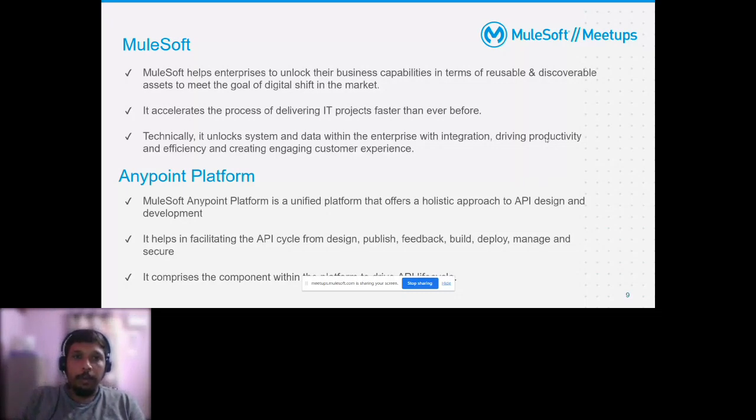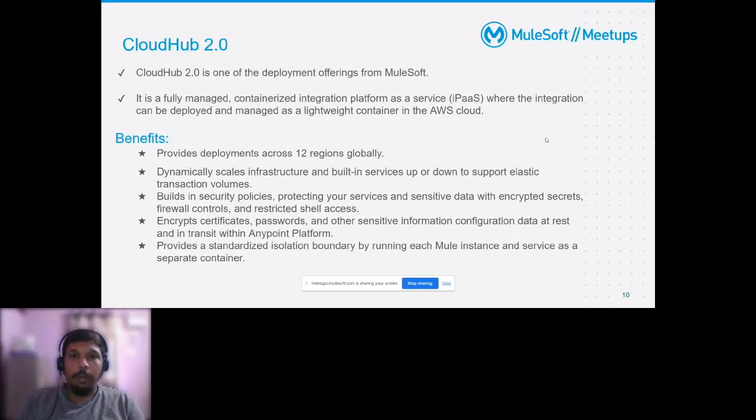So let's jump into CloudHub 2.0. CloudHub 2.0 is one of the deployment offerings from MuleSoft. As you know, MuleSoft provides multiple deployment offerings, starting from CloudHub. Initially it started with CloudHub 1.0, which is the iPaaS. CloudHub 2.0 is the next version of it, and then we have RTF as well. And then we have the customer-managed and MuleSoft-managed components, and also on-premise running instances. CloudHub 2.0 is a fully managed containerized integration platform as a service, because